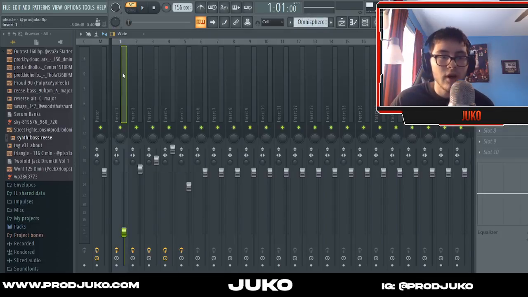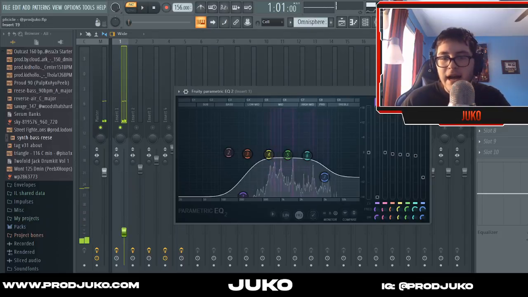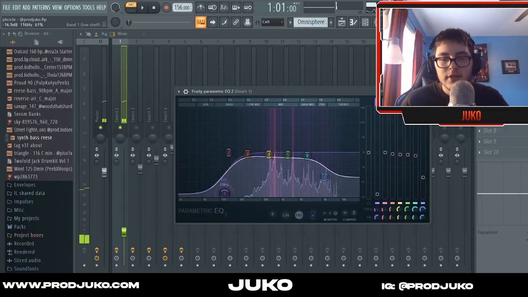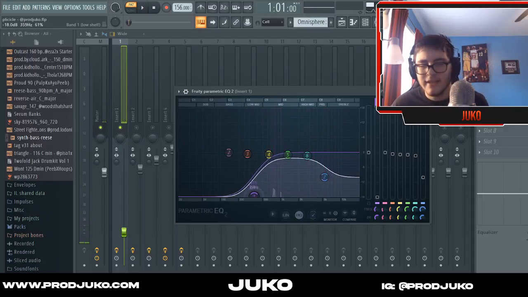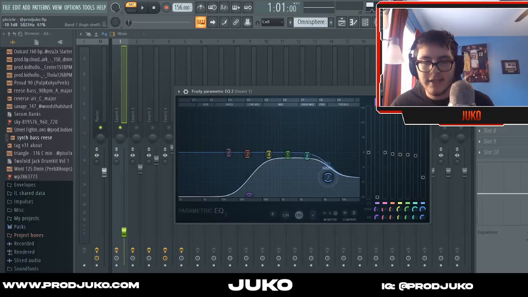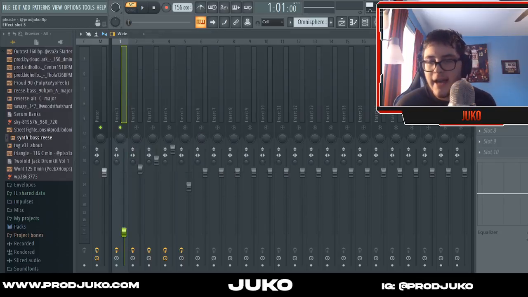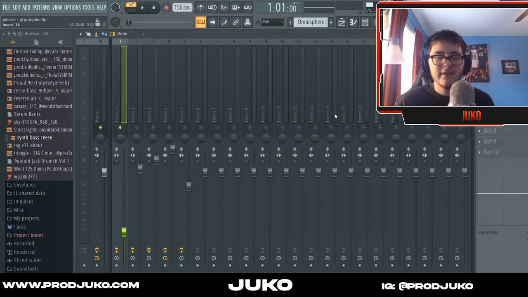So moving on to the effects for each sound. The original bell that sounded like this, I added EQ. Obviously took out lows because I don't want them. You always want to EQ lows out unless it's a bass. Pretty much always want to get rid of the lows on a sample. Then I got rid of some of the highs as well because it was pretty annoying. Reverb, a little bit of wet just to give it some more space. And then I added a halftime, 30% halftime, 1 bar, 2x, just to give it some